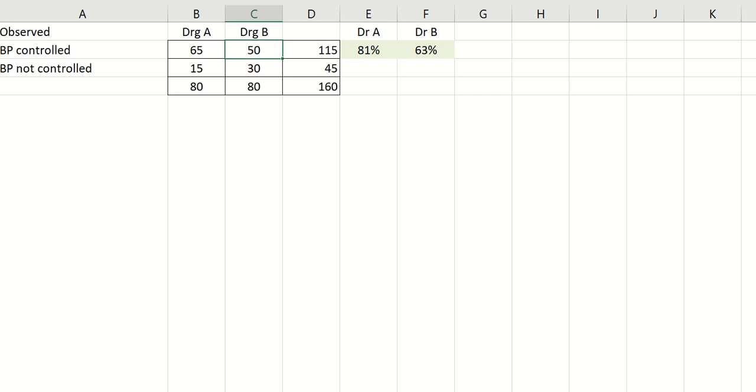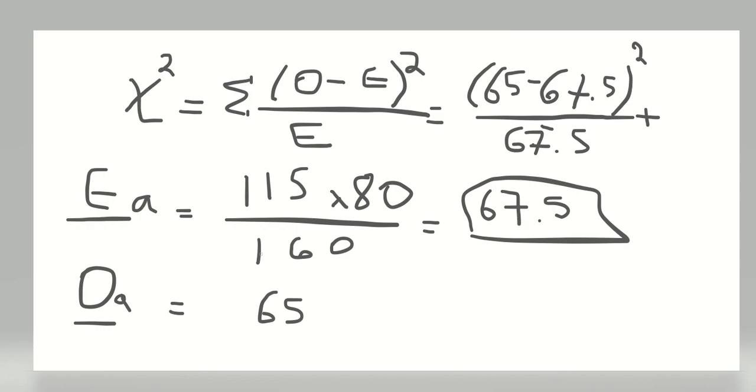So the row total is 115, the column total is 80. It happens it's the same one because I have 80 and 80 here. And divided by 160. So actually the expected is also going to be 67.5 for cell B. Okay. So for cell B, if I need to correct a bit,